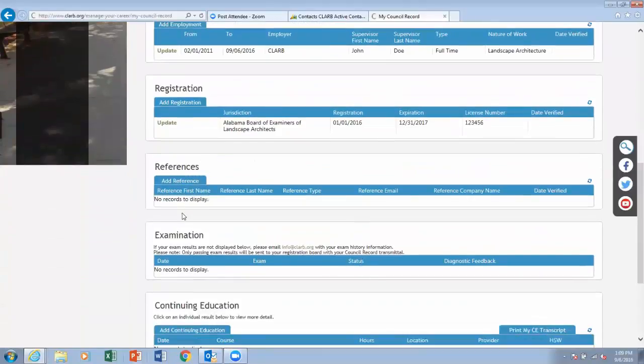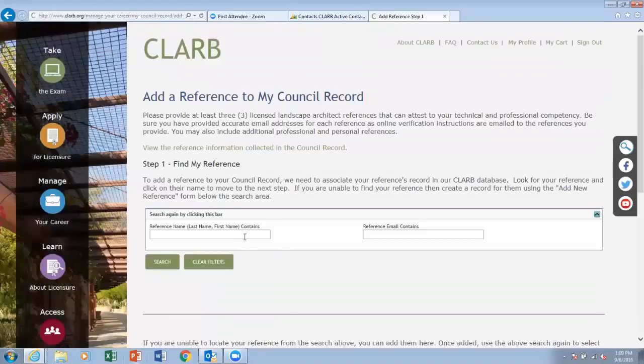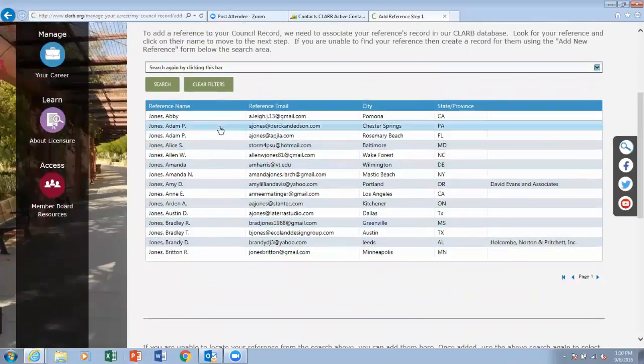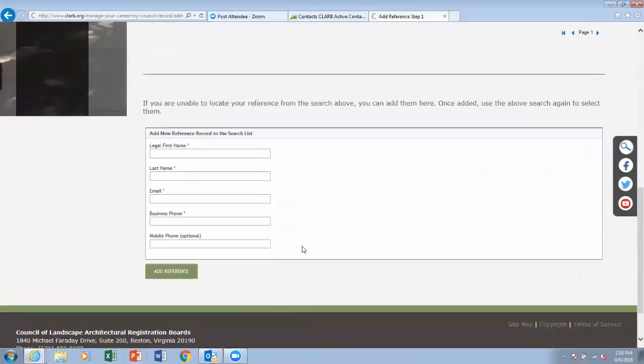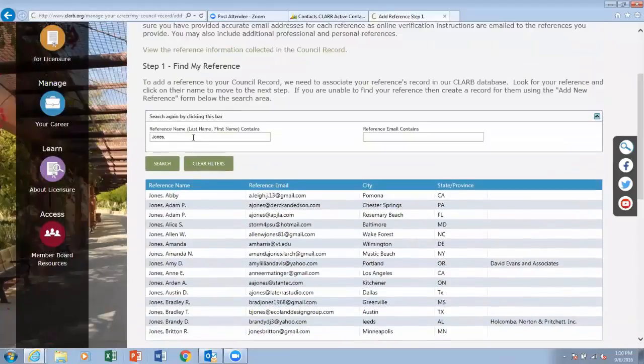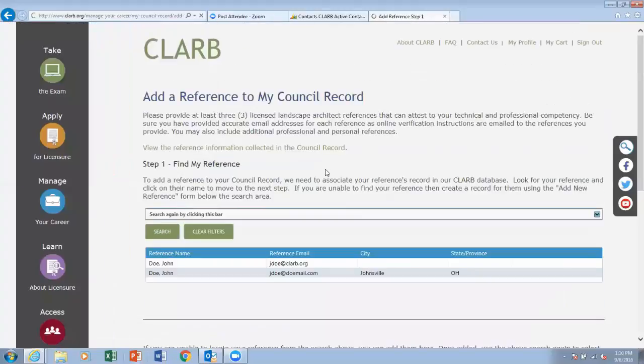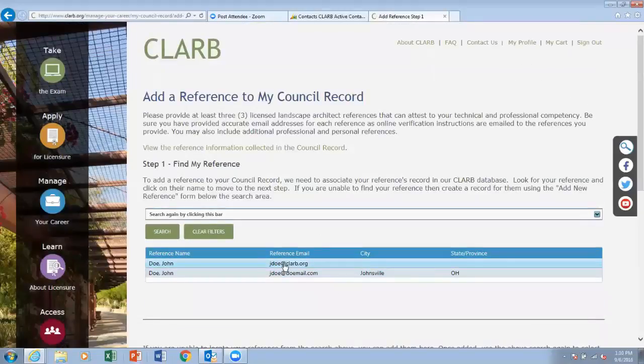For professional references, click Add Reference. And in the same way you did the employment, you'll search the reference's name. You'll select the person's name that you would like to add as a reference, and if needed, you can also add a new reference record for the search list. You're going to select their name from the list below,